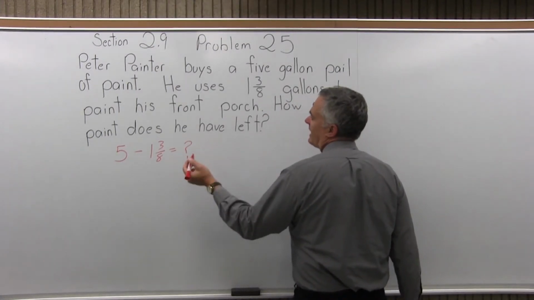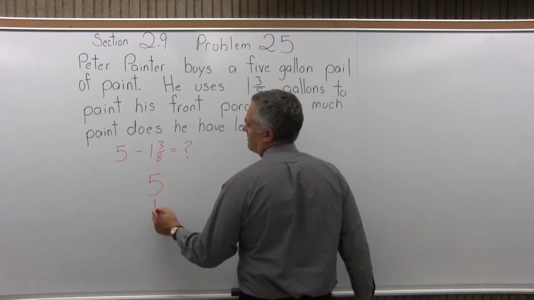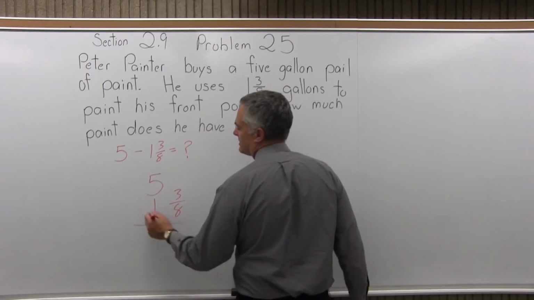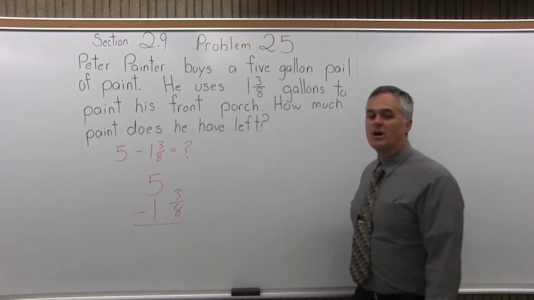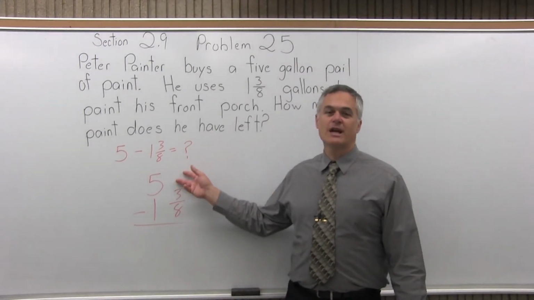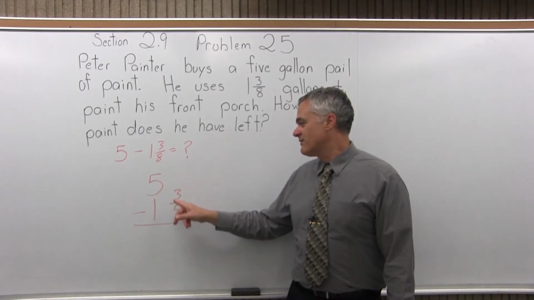So I like to write these in a vertical format. So I'll do 5 minus 1 3/8. And I want to find the common denominator. Now the problem is the 5 doesn't even have a fraction to have a denominator. So I have to come up with some type of way to write this 5 so I can have a